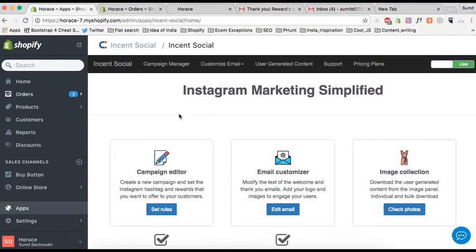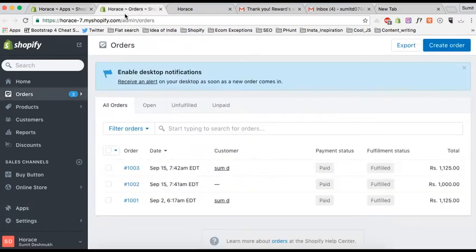I'm now going to show you how it works when a customer places an order. For that, I'm going to create and fulfill an order manually through the backend.